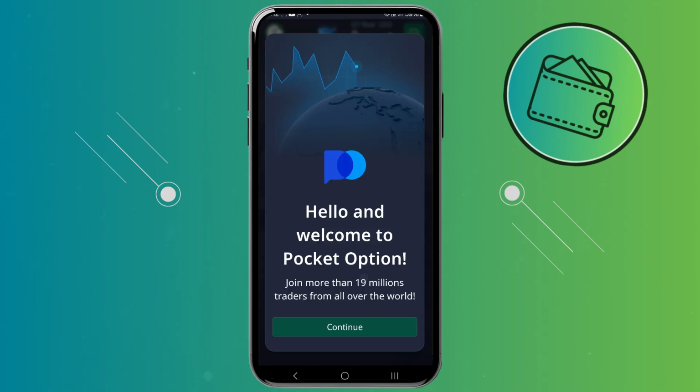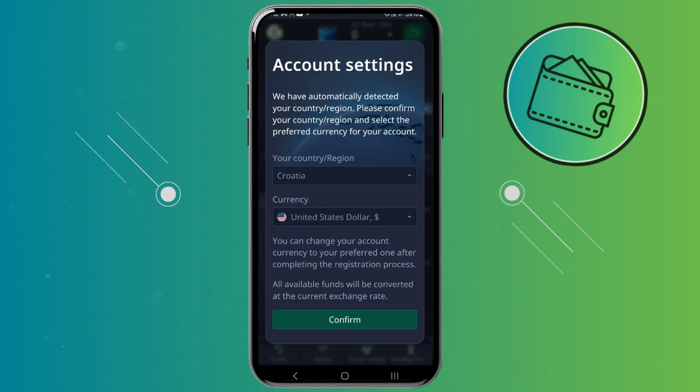And now your account is created. So hello and welcome to Pocket Option. You can just click continue right here. But we're still not finished with the account setting up process. So just go ahead and select your country or region and then select the currency. Now I will just change this to euros to avoid any currency conversion fees, and just go ahead and click